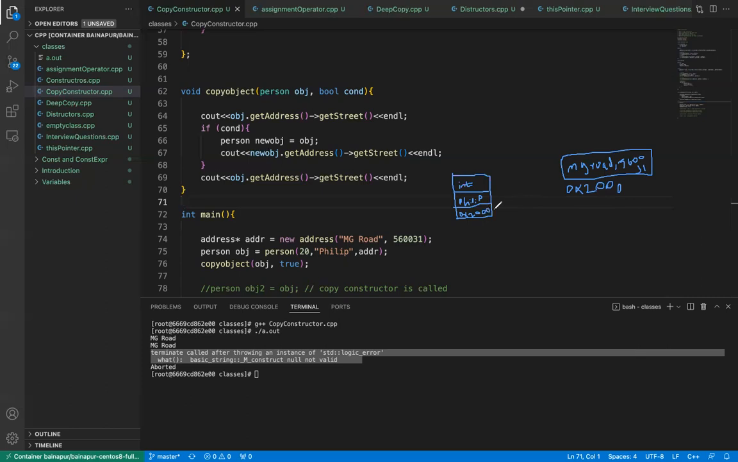2000, which means that this is pointing to this memory location. Correct? This is the person object obj1, which is created in the main. Now, when I call this copy object function, what is happening here? Inside that copy object, I'm trying to print at line number 64